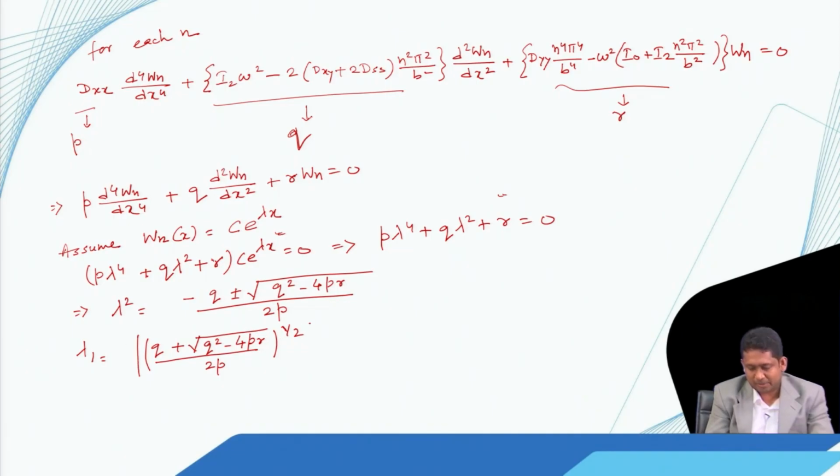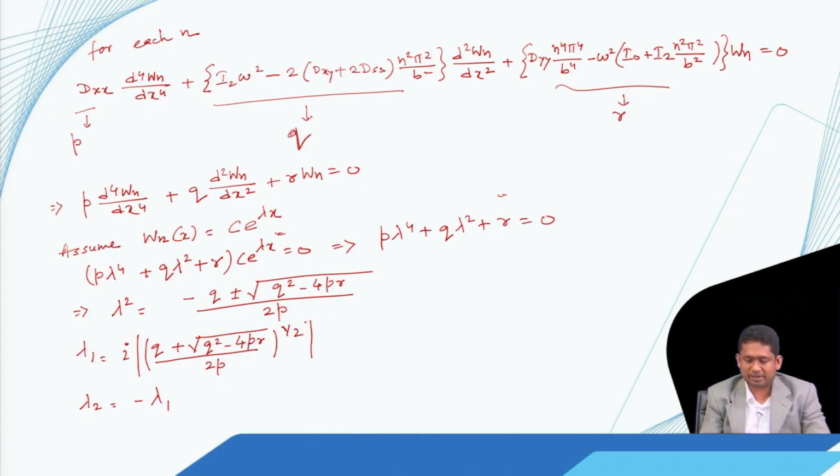If I take the mod of it, this is a complex number, so I get a complex root, and lambda 2 is again just minus lambda 1, so that is another root. And then if I take plus here, and if I say that